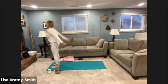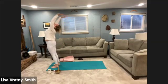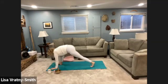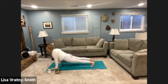Exhale the arms down. Inhale the arms up and back, gently arching. Exhale, fold forward, flat back, hands on either side of the leg. Inhale the left leg back into a lunge, nice long spine. Exhale the right, lowering the hips into plank, shoulders back and down, head extends out, dropping the knees as you